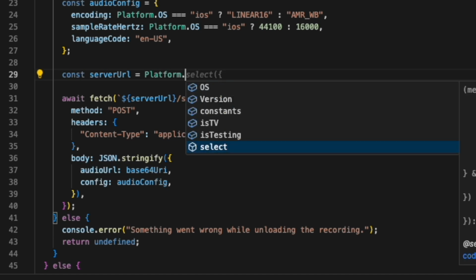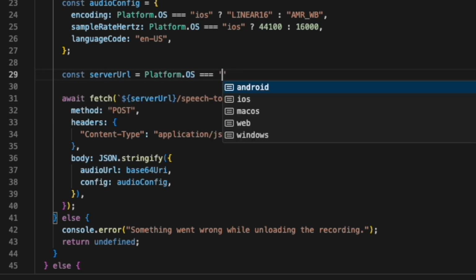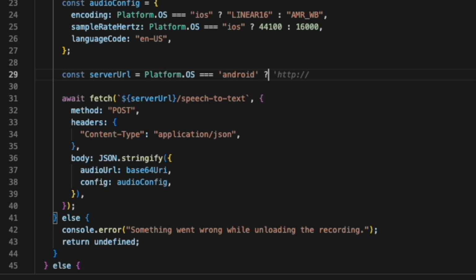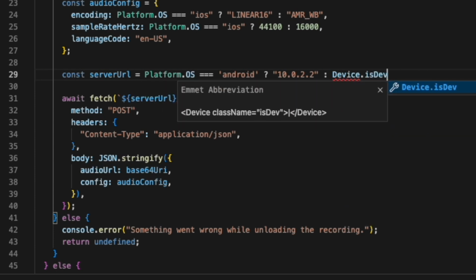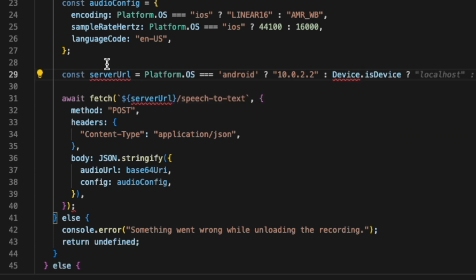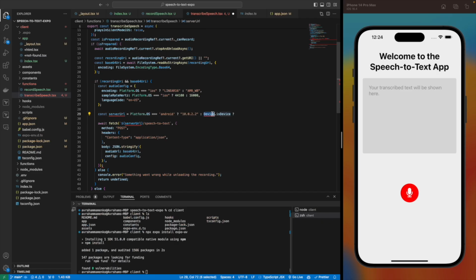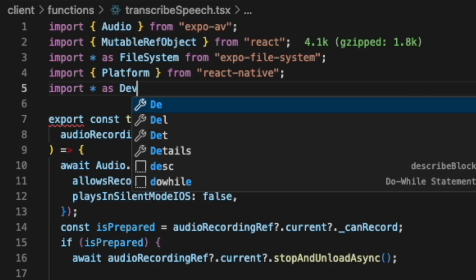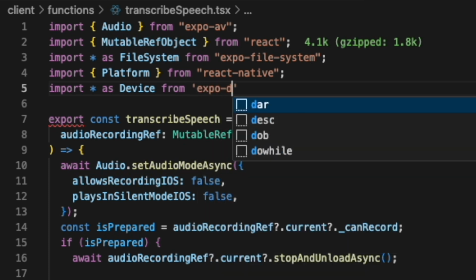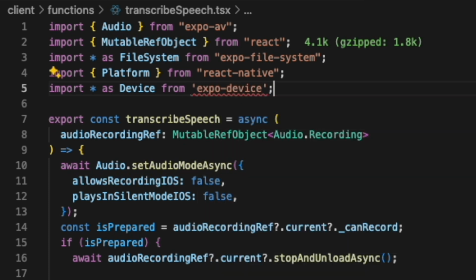You can set it up however you want. I'm going to conditionally set it based on the operating system. If our operating system is Android, I'm going to set it to this default 10.0.2.2 IP address. If it's not Android, and if it's a physical device, which right now I'm going to import this Expo device library. So I'm going to import * as Device from expo-device,